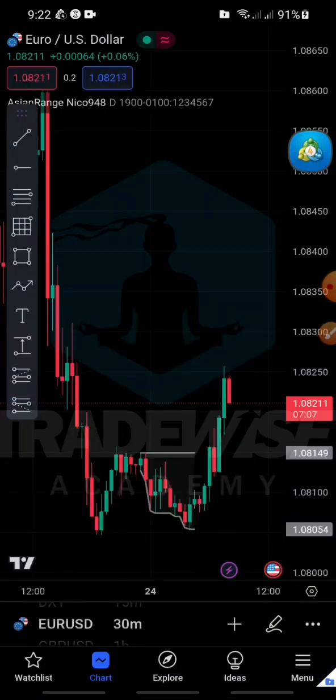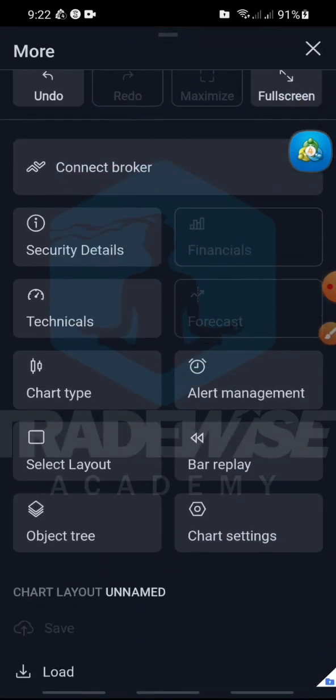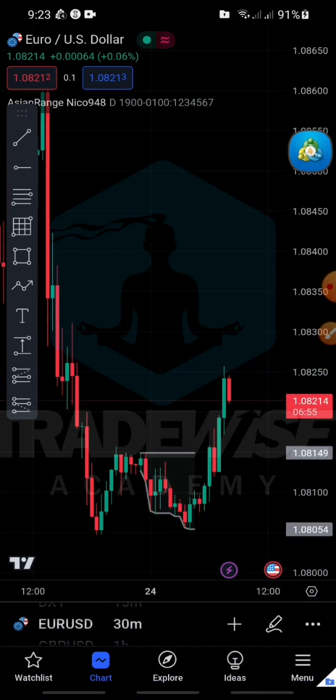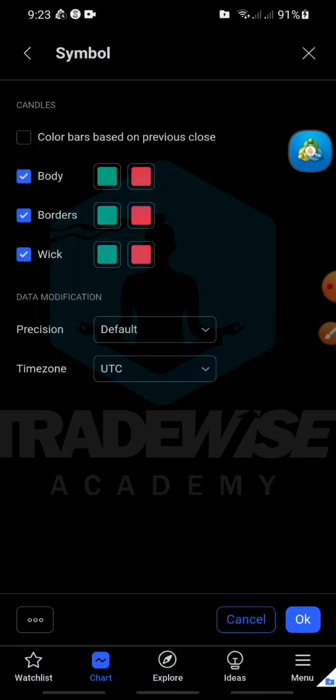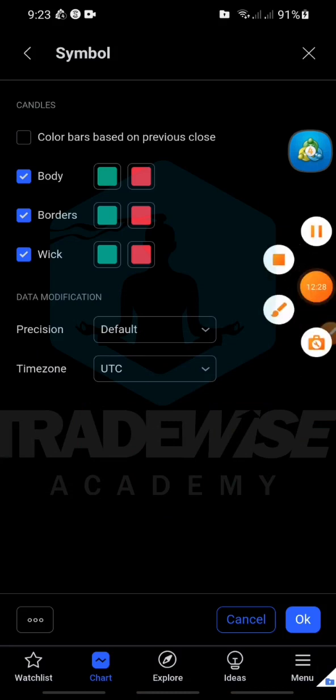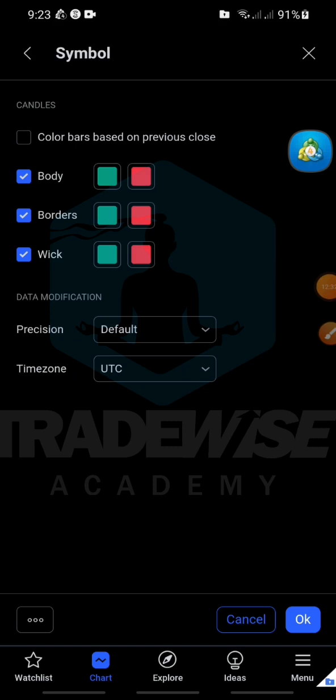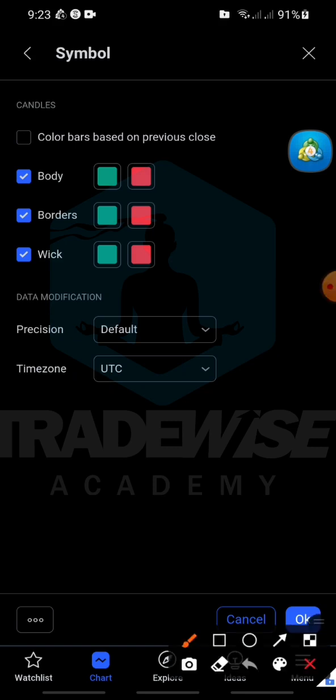Then the next button is this menu button here. From here you can change your type of chart, but I don't think you will be needing that, and some other things. Now we're going to go over to chart settings. This is where you can change the color if you need to change the color. Now as you can see here, this is the body, that's the inside color of your candle. This one is the